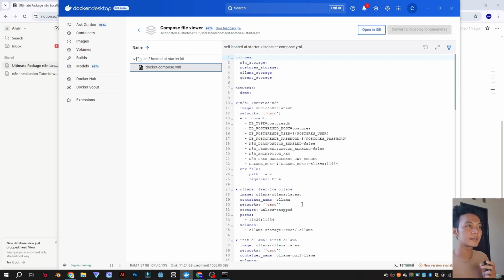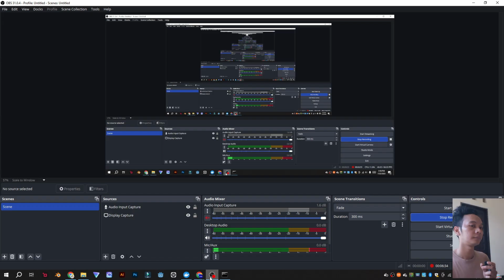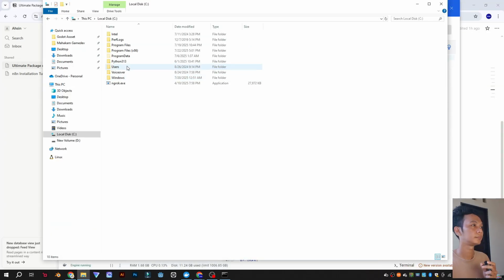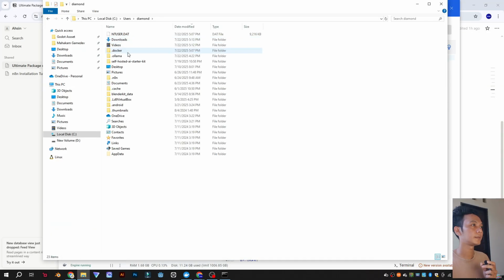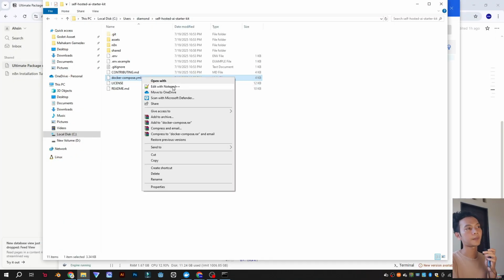We will edit this docker compose.yml. You can open it in here, user self-host AI kit. Let's take a look. You can use your editing tool. For now, I will use Notepad++.